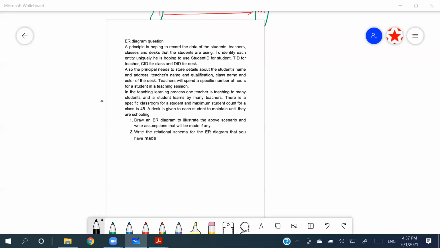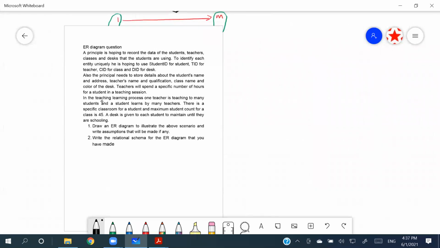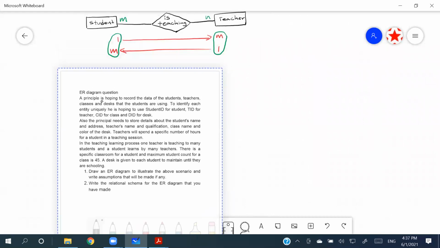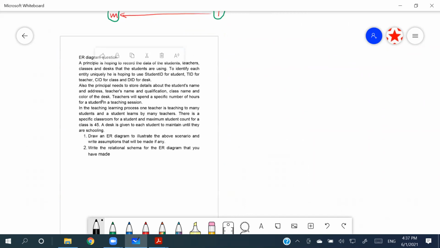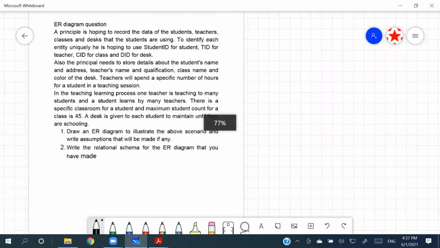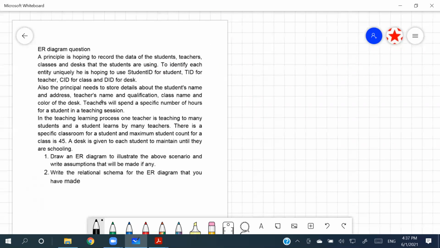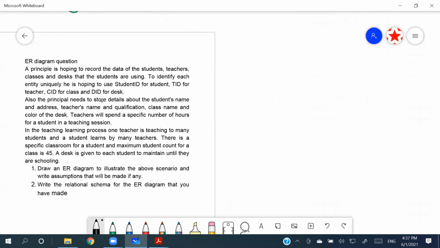Right, so this has been the question. I asked you to try drawing it, and you were trying it in the classroom as well. So I'm going to start drawing this. I'll keep my question here. So let's discuss this. It says a principal is hoping to record the data of the students, teachers, classes, and desks that the